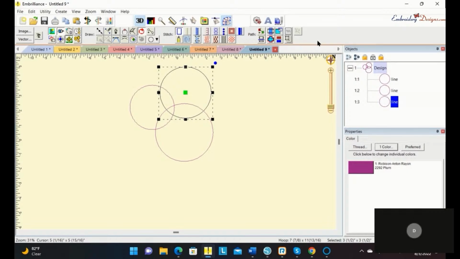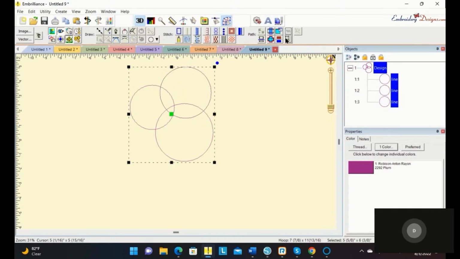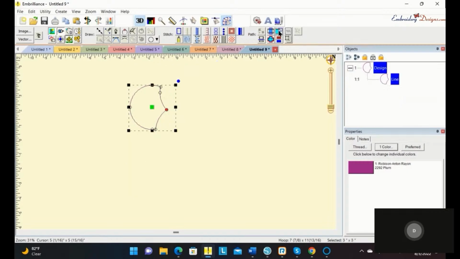So let's select all. Let's click on subtract or remove the area that's overlapped and see what that did. It removed everything that was overlapped except for this one little section here. Let's undo that